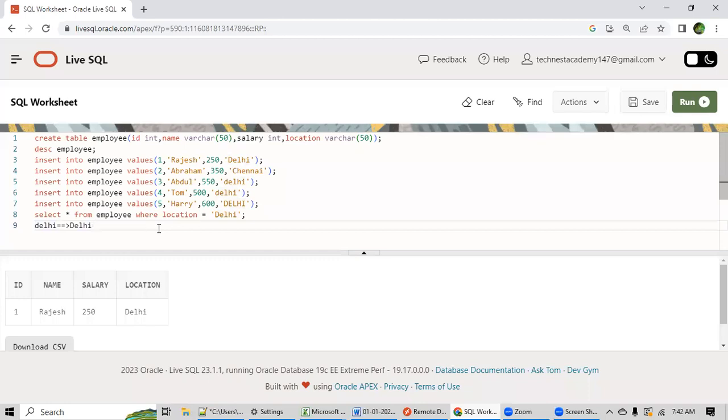So they both are not the same. What I mean to tell you here is that data is case sensitive. Like see how you are giving your password, you are taking care of uppercase and lowercase. Exactly, here data is case sensitive. Similarly, Harry is from Delhi, but why is it not displayed in the output? Because here all letters are in uppercase, but here D is in uppercase and all others are in lowercase. Is this clear so far?